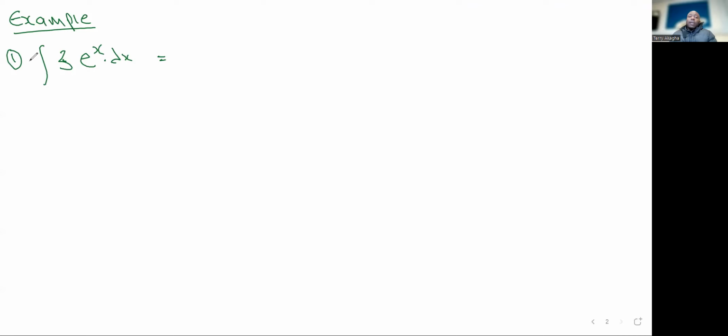I prefer to write it as 3 times the integral of e^x dx, but you can still solve it the other way. Sometimes I prefer to remove the constant because it simplifies the question. When you integrate, the power is x, so it's going to give you 1 over the original expression, then plus c, and this is going to give us